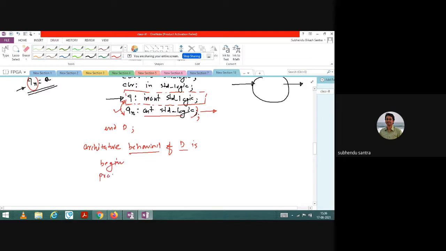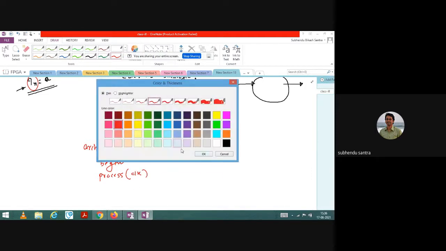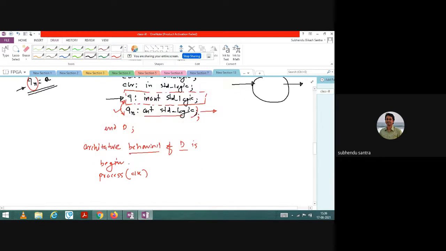What process do I have to use here? Any idea? So clock. I'm using only clock. Begin. No, this is not the right thing, because this is an instruction: process clock.